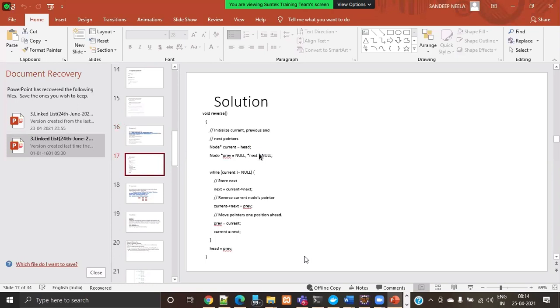Sir, can't we just access the list elements and store them in an array and print it from the back? You can do that, but my intention is not to print the elements directly. Whether it is reverse order, ascending order or descending order, I don't want you to just print the elements. I just want you to learn the internal functionality, like how we can reverse it. Suppose in Java or Python, if we directly call reverse or sort, how is it internally working? I want you to know about that.